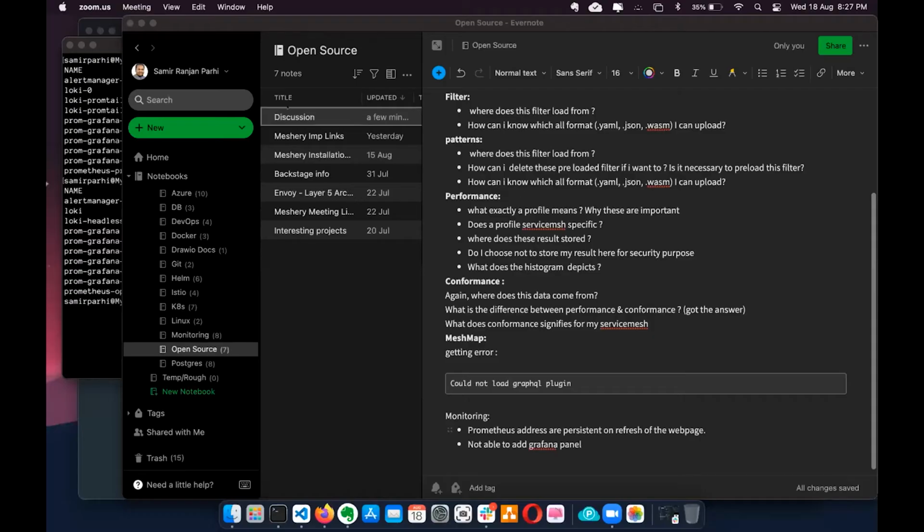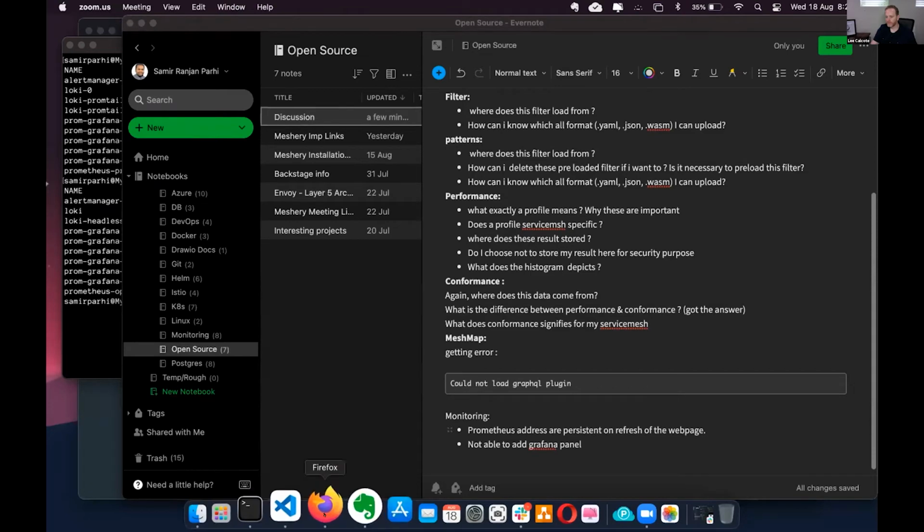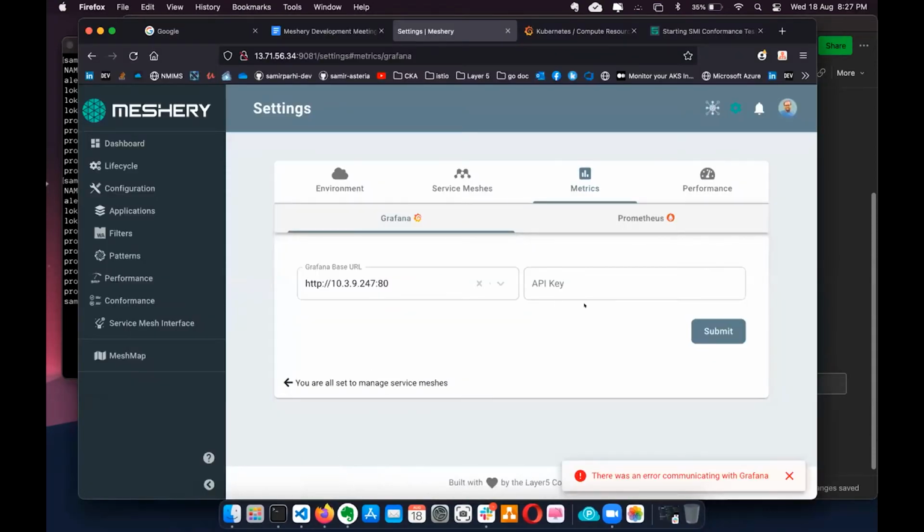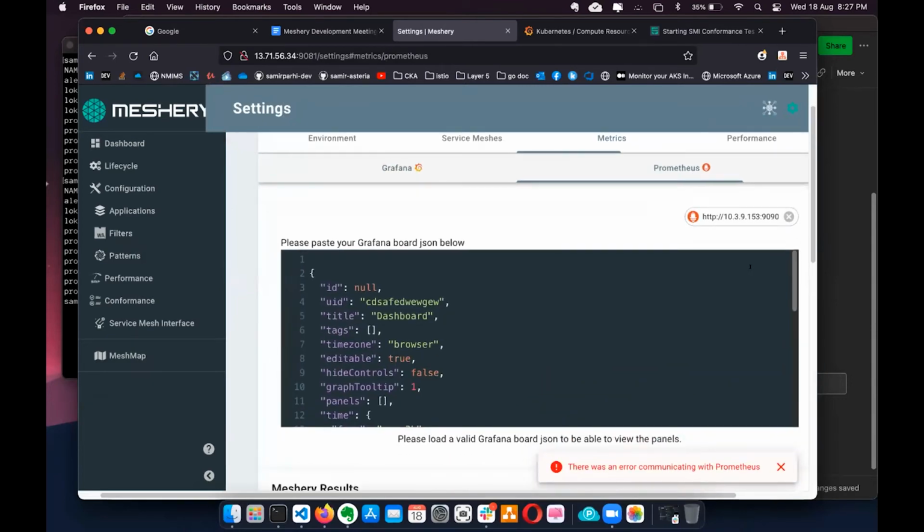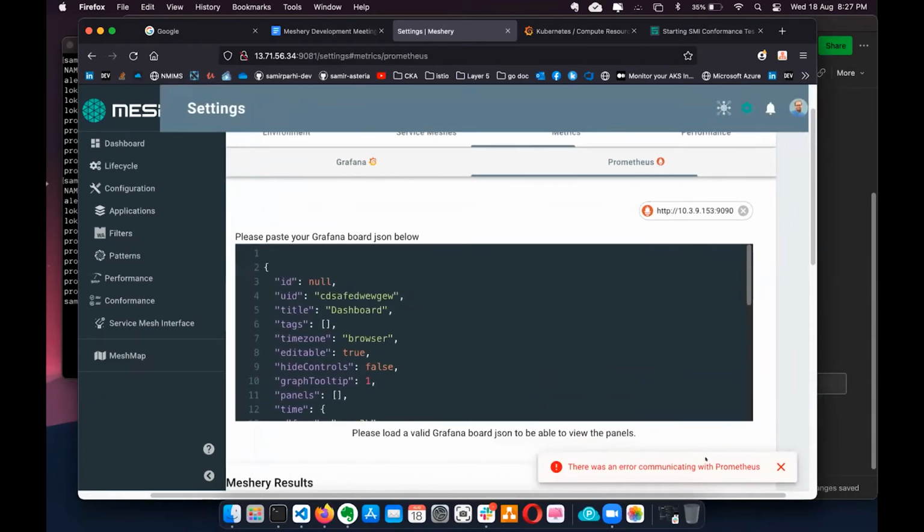Okay, so a few things to know. My Prometheus gives this kind of error when I refresh my page.